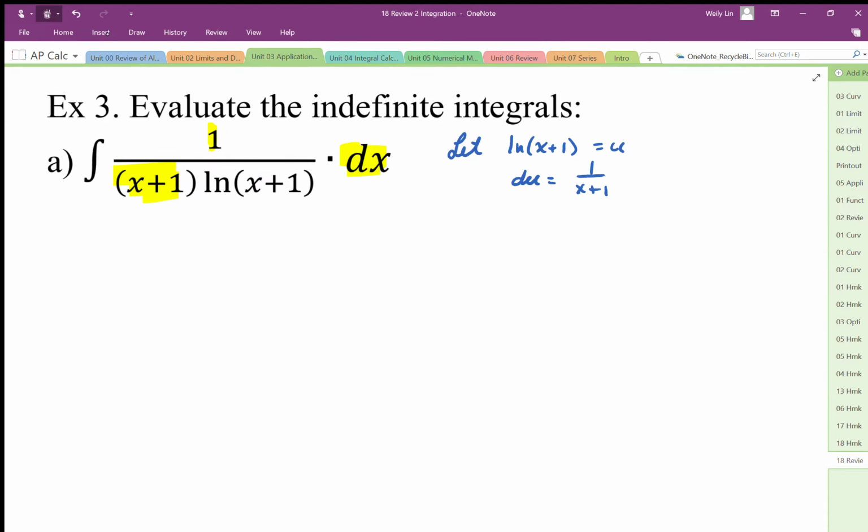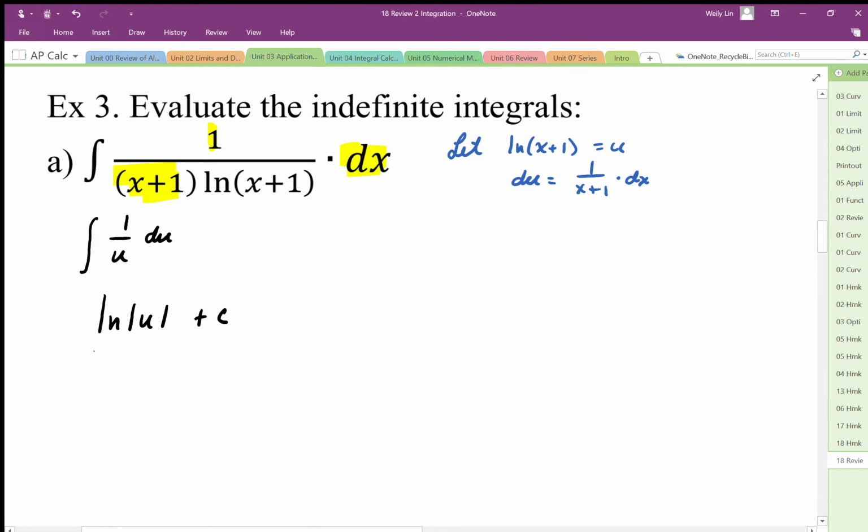So I forgot to put the dx on there, so I need to move my dx over here. So there it is. There's my derivative, and it takes care of whatever's left over after I differentiate the inside function. So my new integral becomes 1 over u, and then I can replace the highlighted 1 over x plus 1 dx with a du. And that becomes an integral in terms of u, so this becomes log u, don't forget the plus c, and